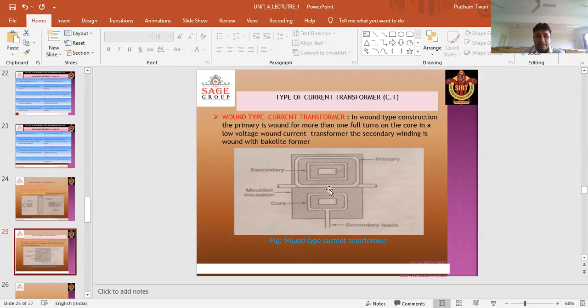This is the presentation of the types of current transformer. In the bound type current transformer, you can see this is the primary winding, this is the secondary mounted on the shaft of the instrument transformer, and the secondary leads are connected in the circuit. This is the presentation of how we can connect or represent the bound type current transformer in the circuit.